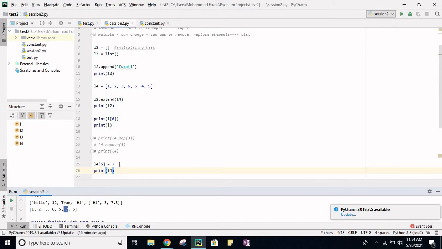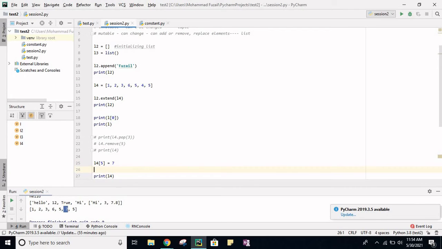So here is one more concept. Like we replaced one single element, in the same way we can replace more than one element. Suppose I call the list L4 and then I pass indexes, that is called slicing. I will make you understand this concept. Suppose you want to change the values 6, 5, 4, all these three values, to some other values. So you get the starting value's index. What is the index of the starting value? This 6 is 3, right? So you will pass 3 as the starting index, then a colon.